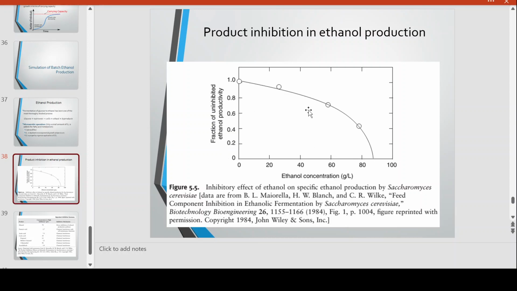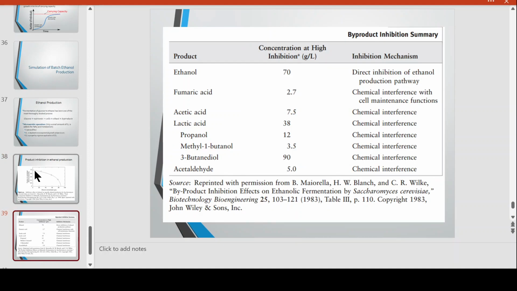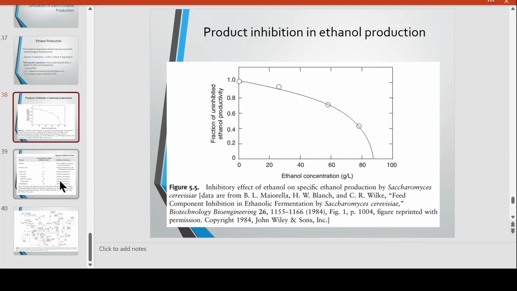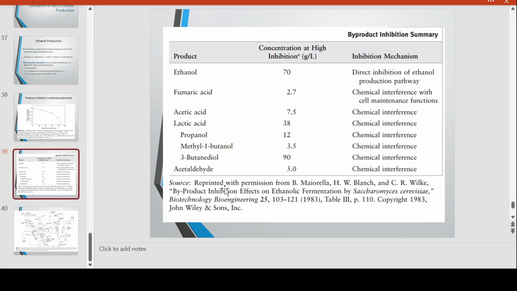So product inhibition in ethanol production is observed when you have an increase in ethanol concentration. The fraction of uninhibited ethanol productivity, these are actual experimental data, is seen to decline because of the high concentration of ethanol. Of course, it's somewhat like a feedback inhibition loop, and of course there is also the toxicity of ethanol to the yeast. So here is a summary of the byproduct inhibition. This is observed not only in ethanol but also in other products. Whether you have a primary metabolite product or a secondary metabolite product, there is also an inhibition mechanism there. That is why it's considered one of the models in microbial growth kinetics,